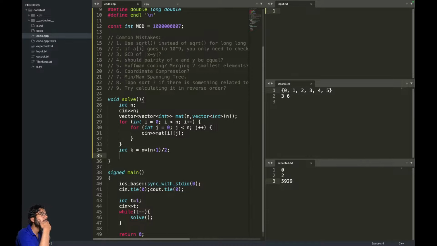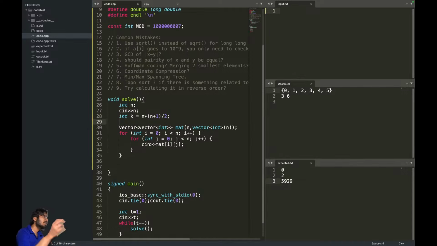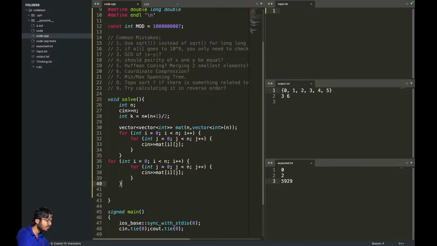Actually even before taking the input I should do this. Once I have this k value, I want to check if the diagonal element is not something that is, how should I do this? Okay, let's first take the input and now let's actually do this whole loop again just to check if the answer can be 0. Because if the answer is 0 then there is no point in doing all the mathematics stuff, right? So what we can do is